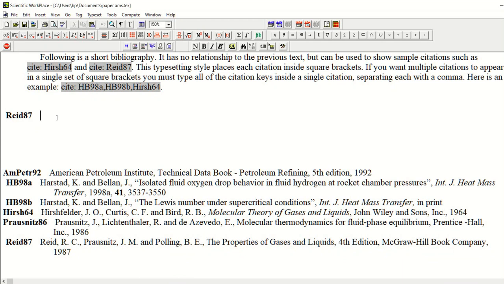So here we have to write the information of the bibliography item. First of all, we write author names. Every journal has its own style of writing references.